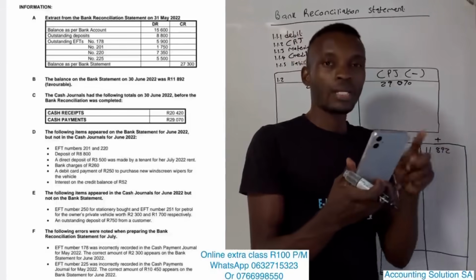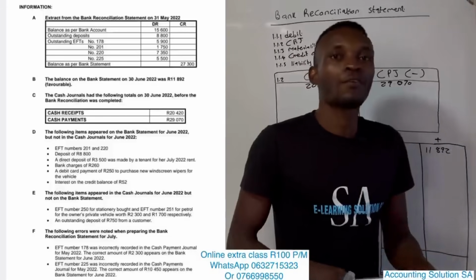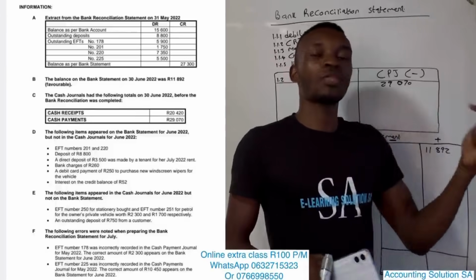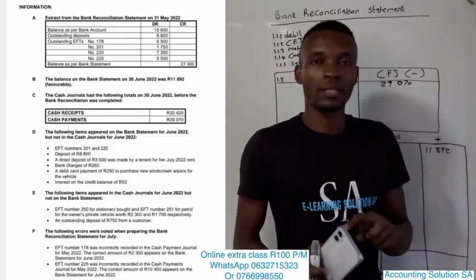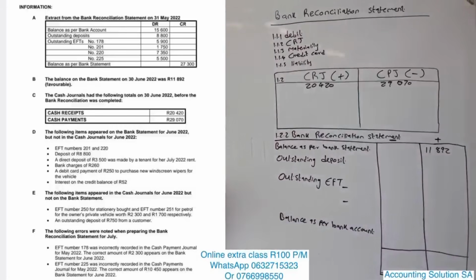Nothing to rectify. This trick will always be there. The outstanding EFT and the outstanding deposit. If an EFT or outstanding deposit is not appearing in this book, but they are on the previous month's reconciliation, don't record it. It's a trap. Okay, which means that we're not going to record a deposit of 80.8. Let's check. Is it there? Yes, it is there on our last month's statement. We don't have to touch it unless we are given other information. Okay,